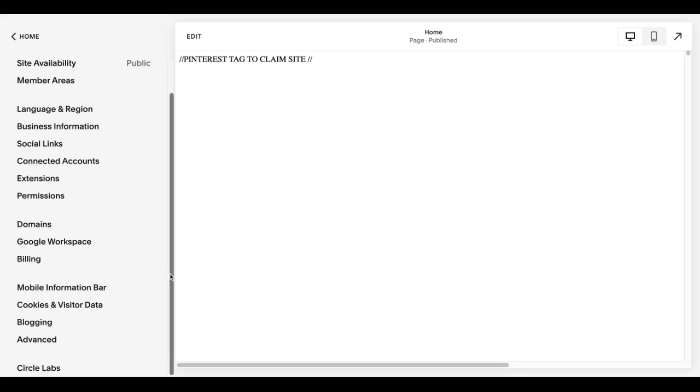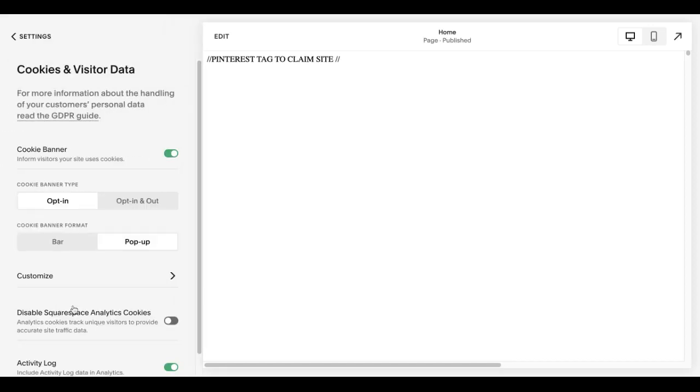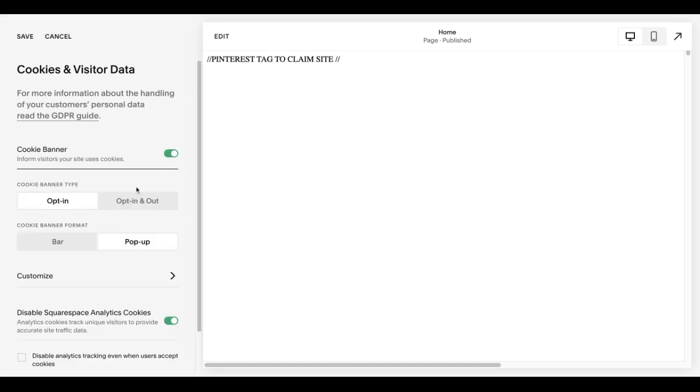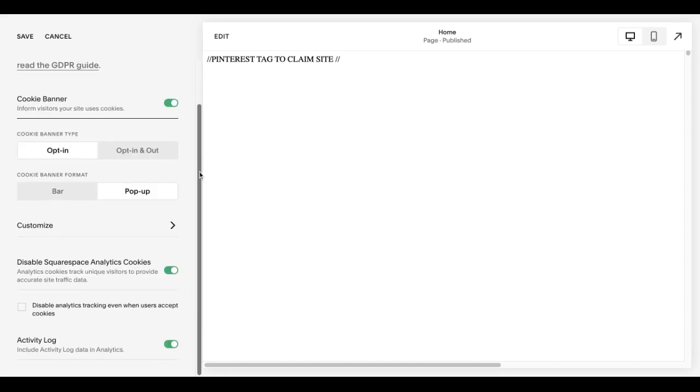Next, the only really one that you want to look at in a little bit more detail, well, maybe two, is cookies and visitor data. So we have to have a cookies banner showing. Currently I've got that toggled on. In Europe, you have to have it for GDPR so that the cookie banner is basically telling people that you're saving their information, their data. So we toggle that on, and you can play around with the design and customize it. So it's a pop-up or it's a bar. You can change it so it's a button or words. And then I'll go back to the main